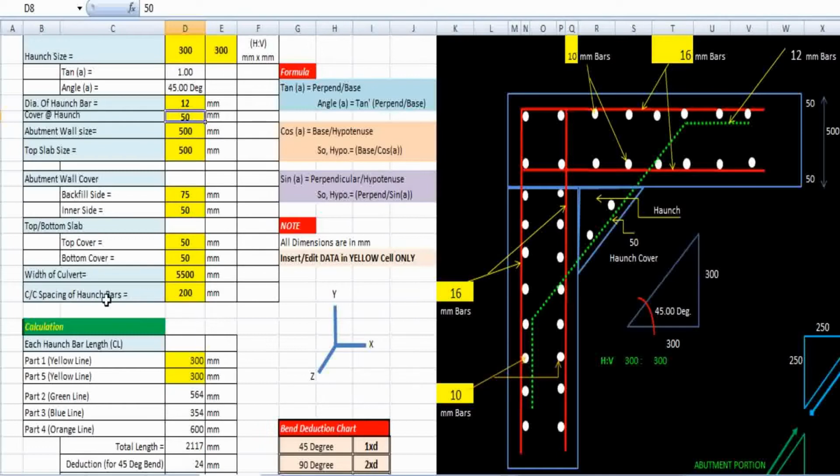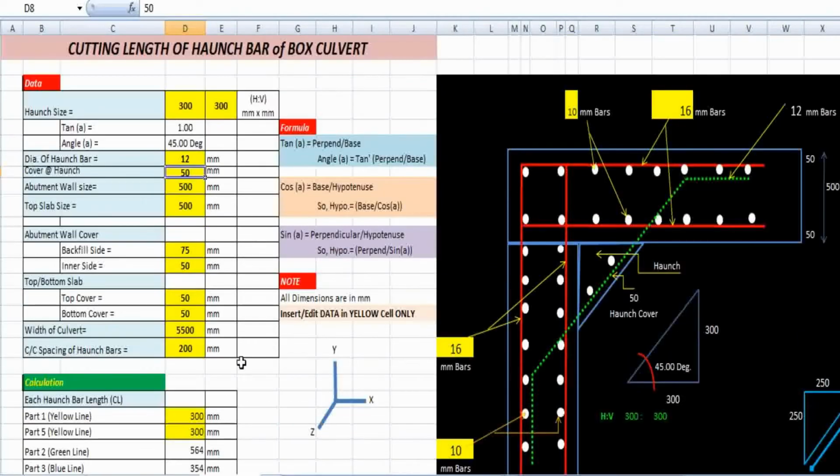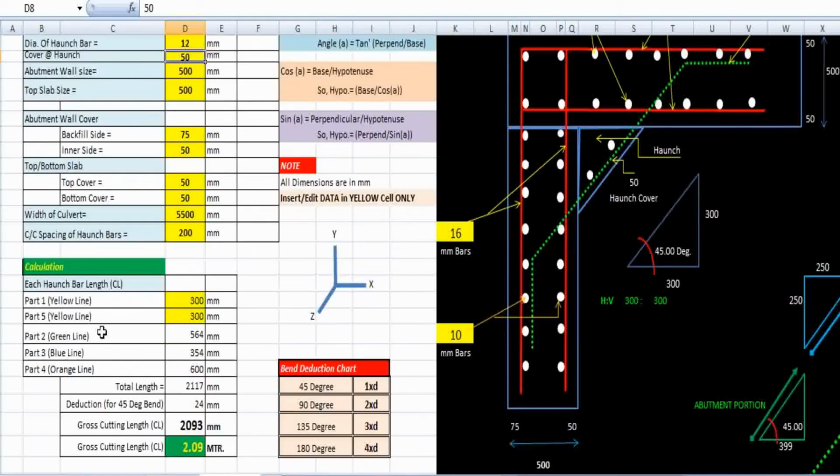Center to center spacing of the bars having the distance of 200 millimeter. Okay, I have mentioned here. Width of the culvert means the entire width of the culvert. Okay, how much the culvert length, that has to be incorporated here. Okay, next,